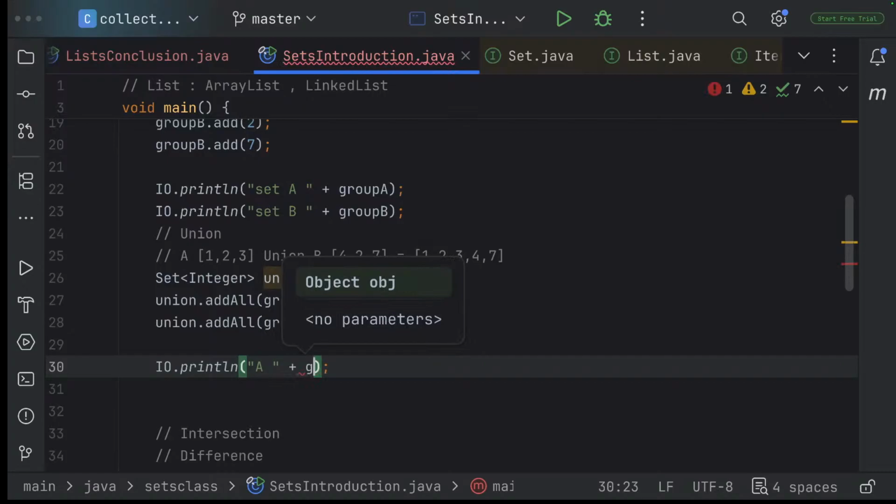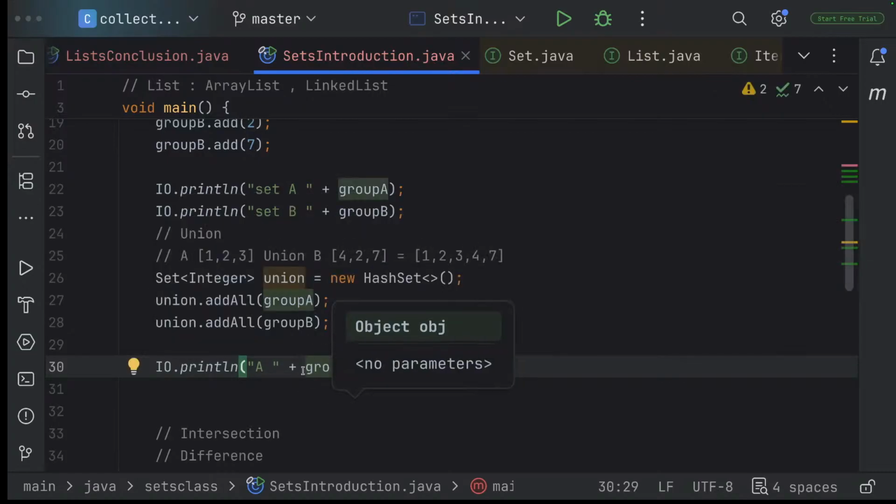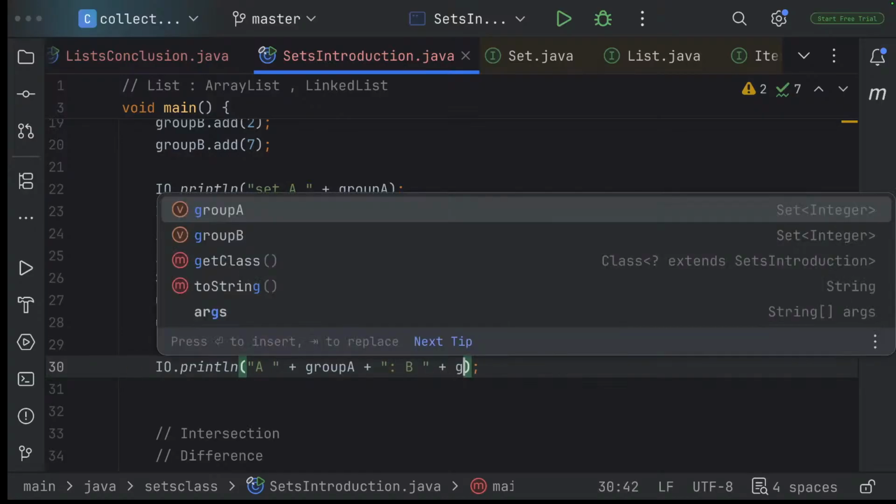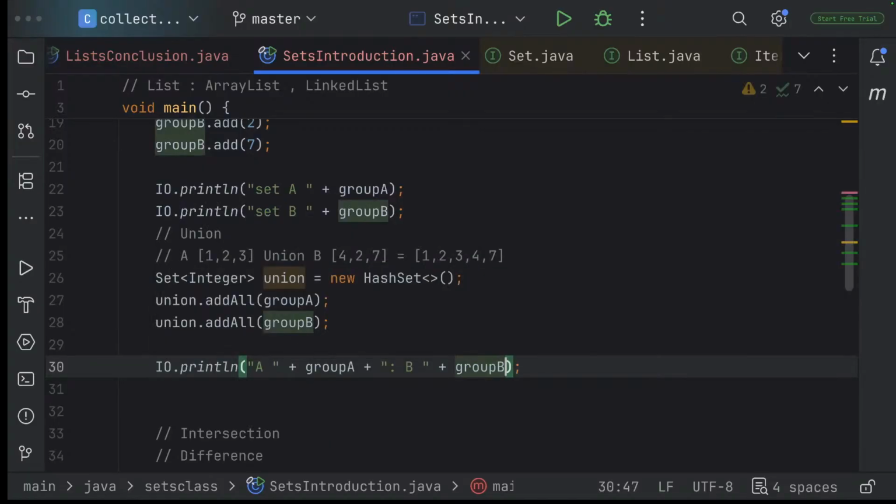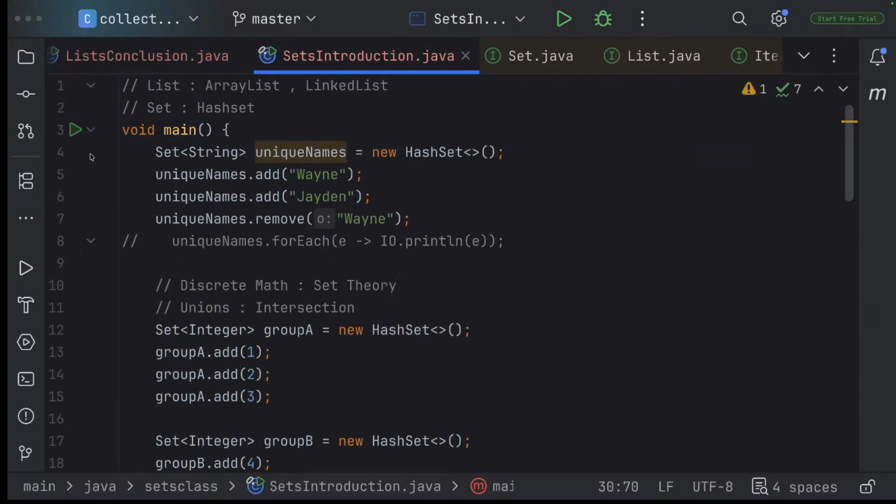So this is set A, which is group A, and set B, which is our group B, and the union is our union. So if we print that, we will see that we get